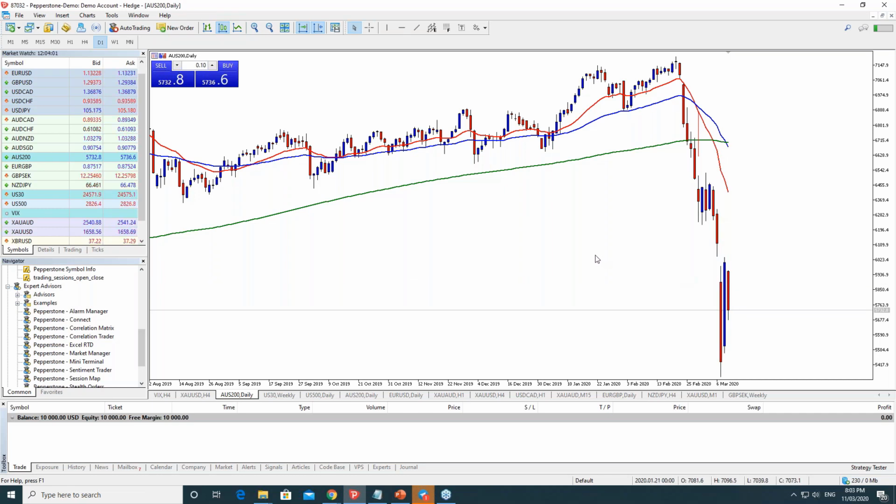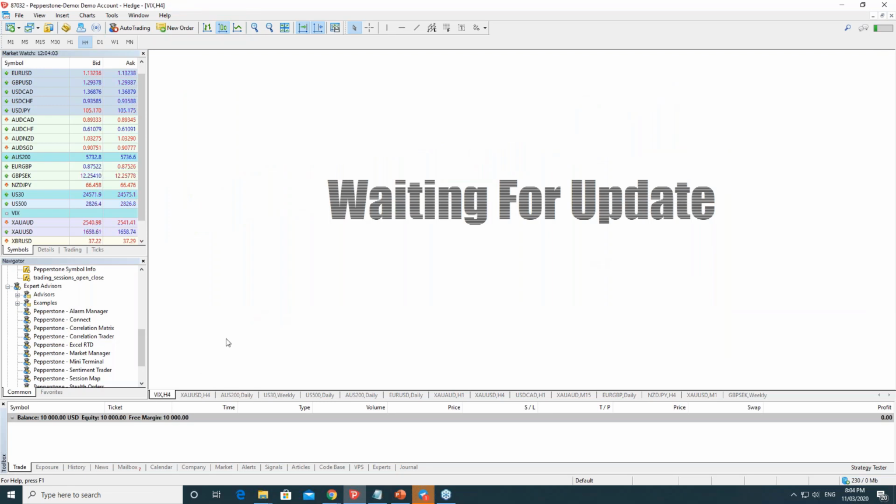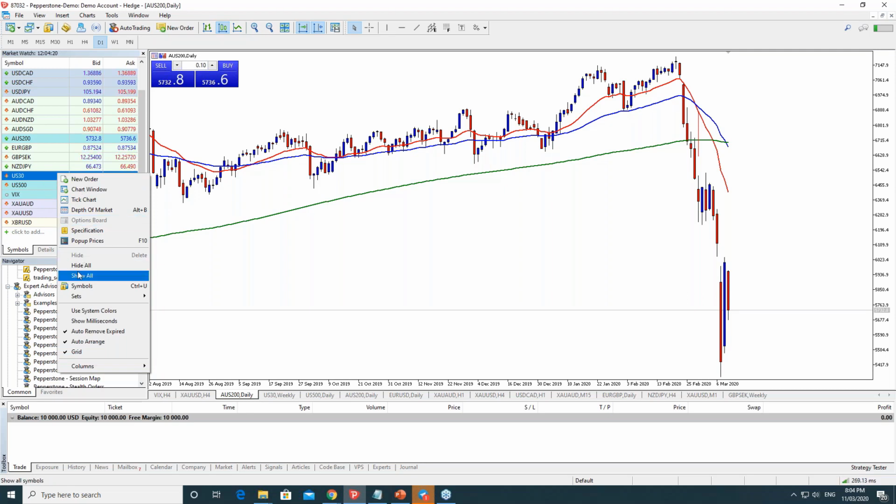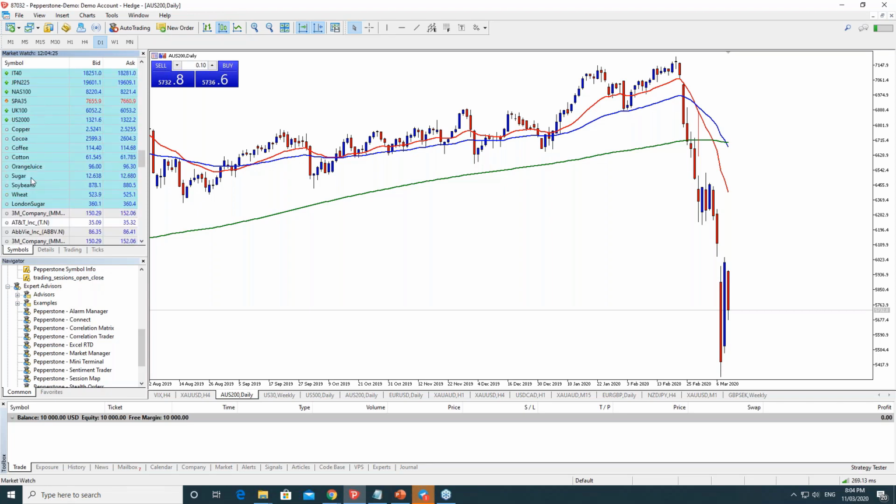It's actually a very extreme gap, and a good way of knowing when these kinds of gaps get more common is to check something like the VIX. If you're checking the VIX, the volatility index, Pepperstone does have that on their platforms. Top tip: if you right click in MetaTrader 4 or MetaTrader 5 and then left click show all, you should be able to see all the different pairs that are offered by Pepperstone on the platform. But yeah, when the VIX spikes above 20 as a number, generally you will see more market gaps.